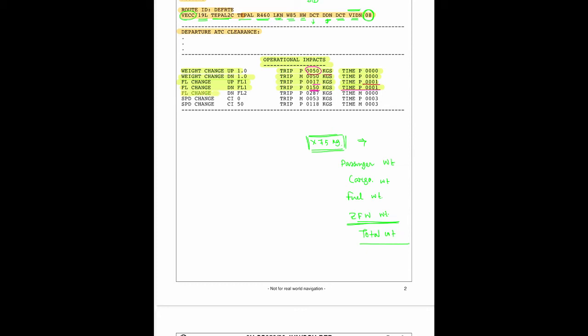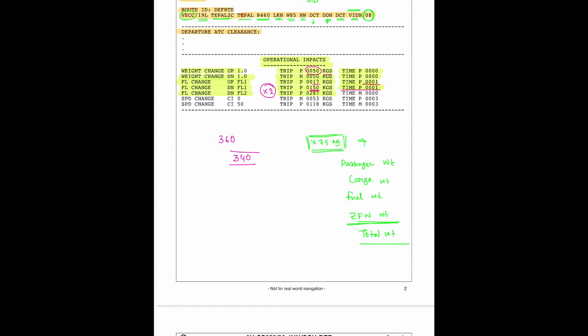If the flight plan changes, flight level changes 2000 feet below the altitude. Suppose you have a cruising altitude of 360, and ATC assigns you that you can only cruise up to 340, and this is our final cruising altitude. Then we will have a fuel burn of plus 287 kgs, approximately two times extra. 150 and 300 would be two times, but 287 is near about 300.